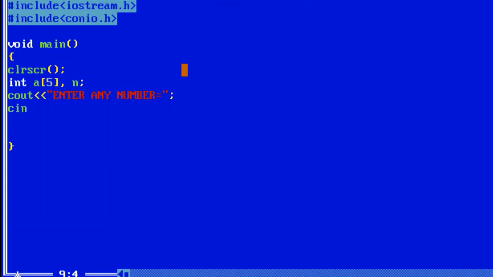Whenever the user enters any number, it will be stored in the variable n. Here I am using \n so that it prints in the next line.